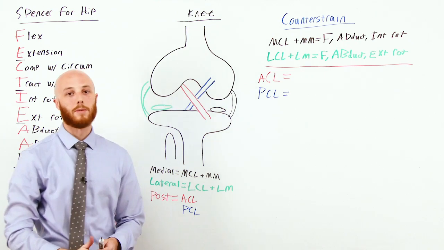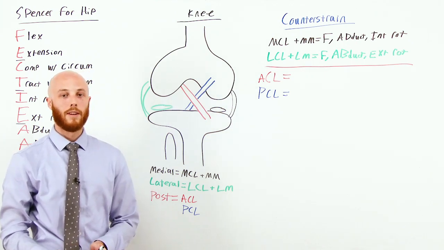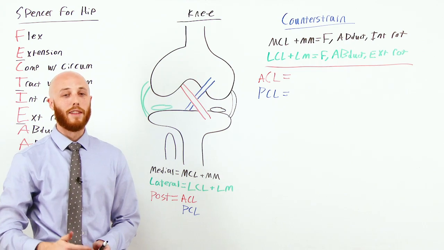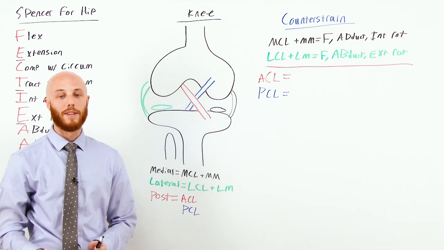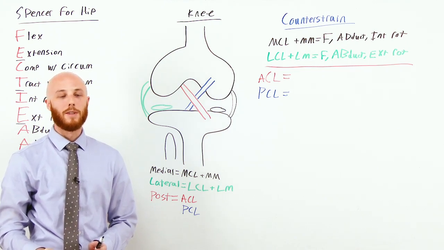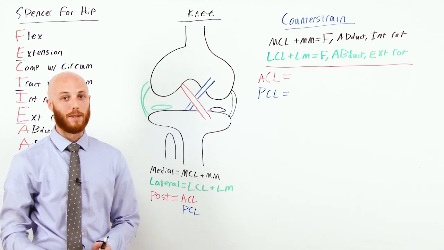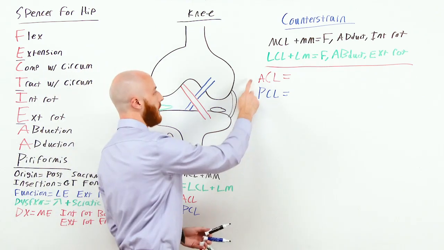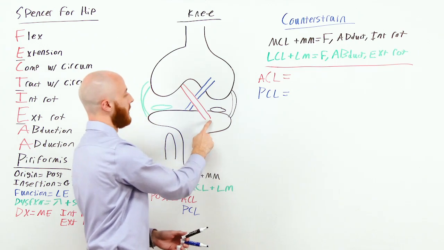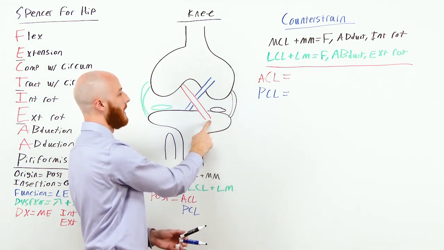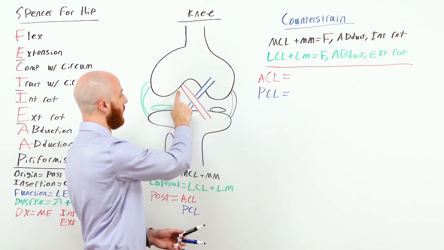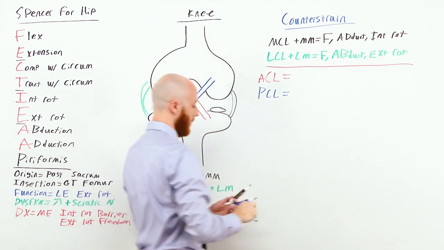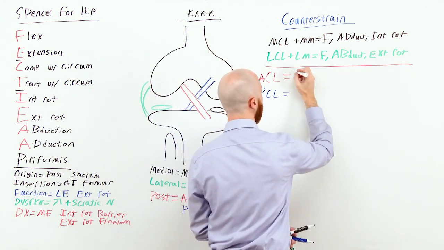So for these two treatments, we're going to have to bring a friend to the party. We're going to have to use what we call the third osteopathic arm. Basically whatever you have laying around to help you with the treatment. So in this one, we're going to use a pillow as an example. So for the ACL, you need to bring this anterior attachment on the tibia and the posterior attachment on the femur closer together. And the way that you're going to do that is place a pillow